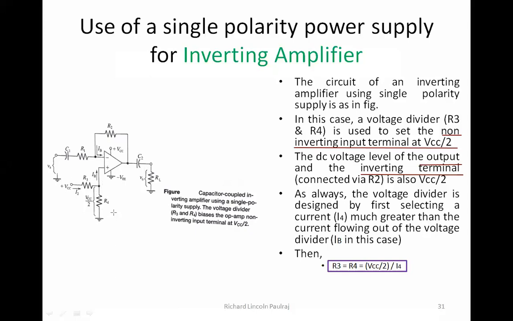One thing that you have to keep in mind here: input side coupling capacitor, output side coupling capacitor, and you're going to do this in inverting configuration, right? So the minus comes on top, plus comes at the bottom. And R3 and R4 are acting as a voltage divider configuration. Right, any doubts here, students? The only thing that you have to remember is the circuit configurations. Once you have the circuit, then it's easy for you to explain it, right? So any doubts?